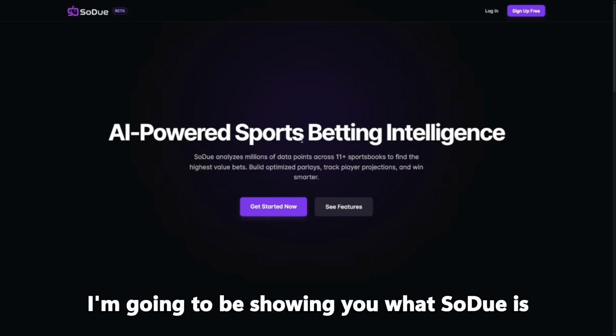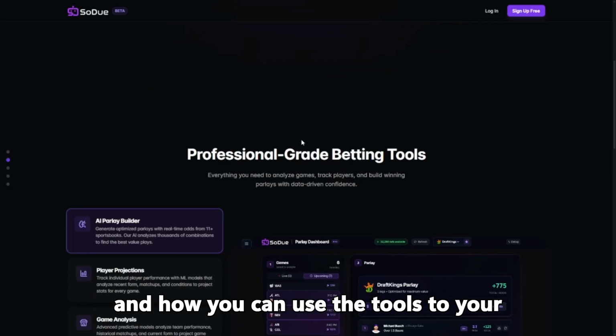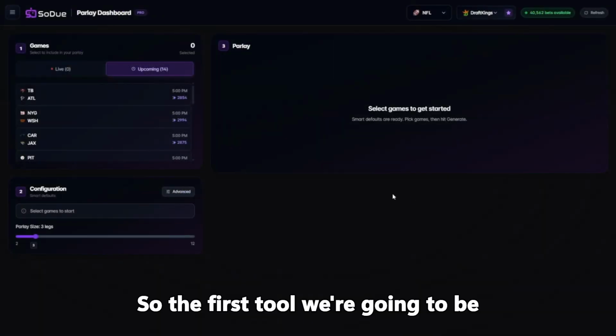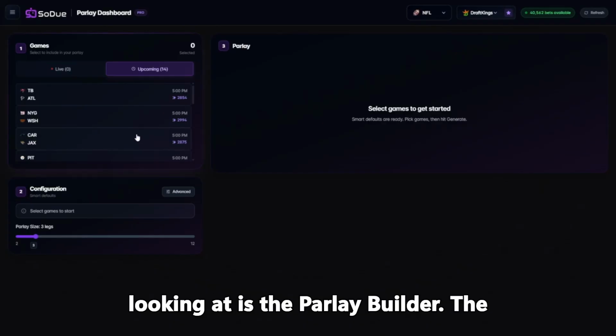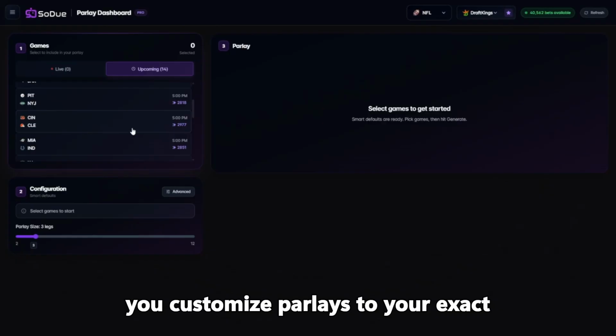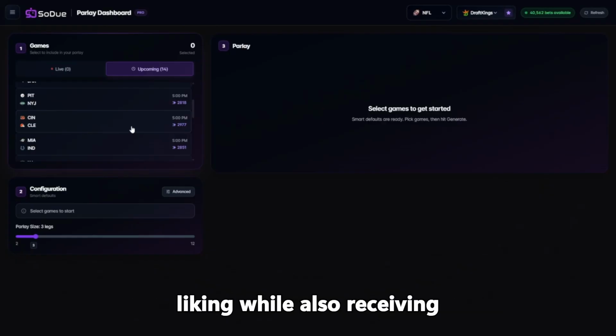Today I'm going to be showing you what SoDue is and then how you can use the tools to your advantage when you're sports betting. So the first tool we're going to be looking at is the parlay builder. The parlay builder is a nice tool that'll let you customize parlays to your exact liking while also receiving recommendations